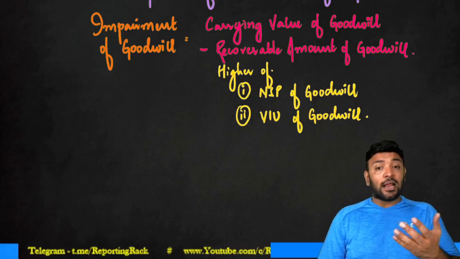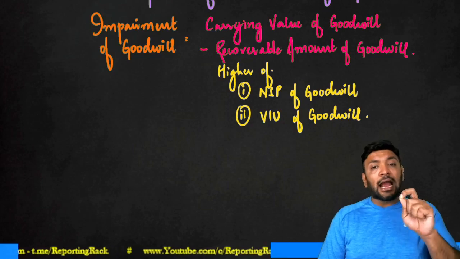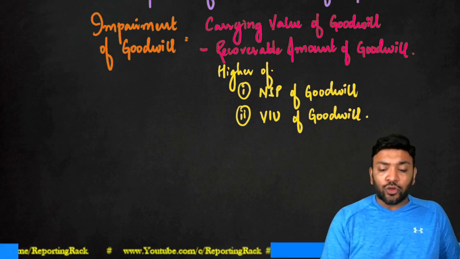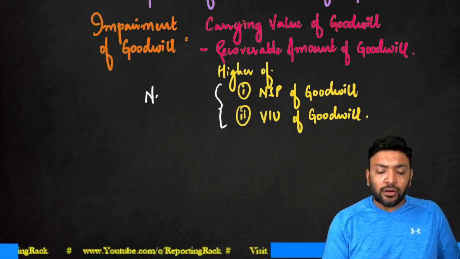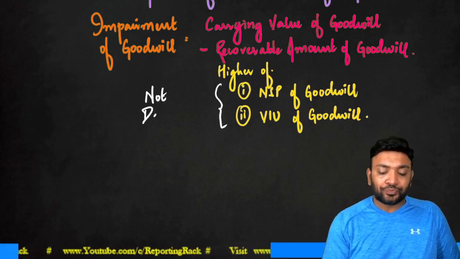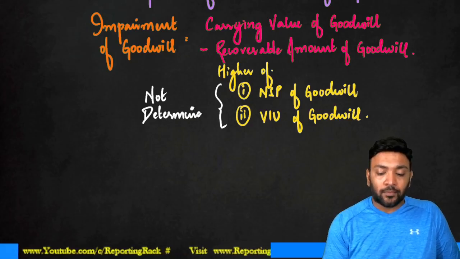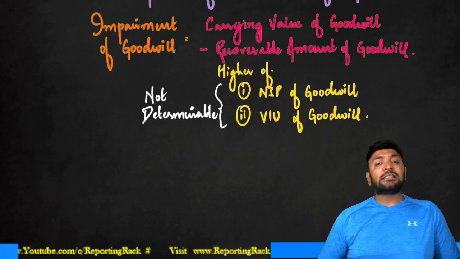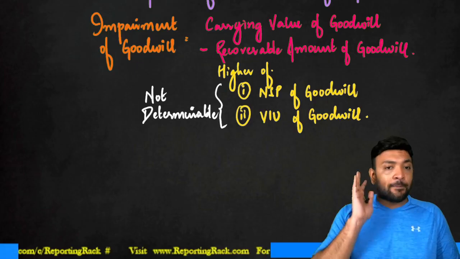Correct? That is value in use, which we have discussed in the previous session. So when you don't have any identity of value in use or your net selling price, these two are not determinable. Since they are not determinable, it is not possible for us to identify impairment of goodwill